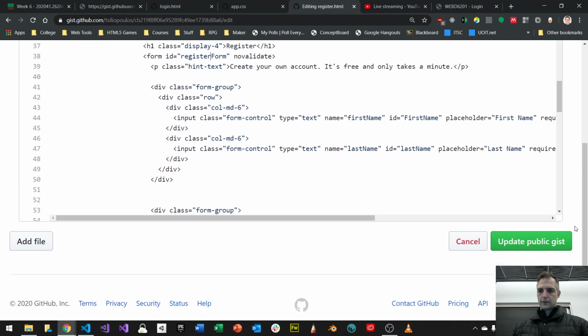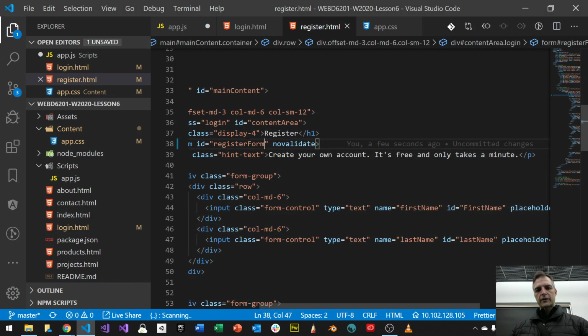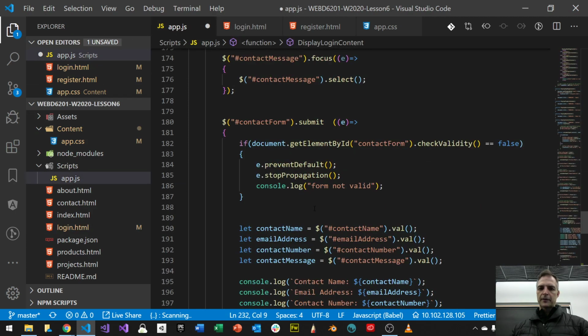All right, let's go do that. There's my update. All right, so let's go back. So I've changed the register form. I want to go back to the login form though, and this says login form, so I can get there by going to my app.js. And just like I did with this submit, I want to have the same structure